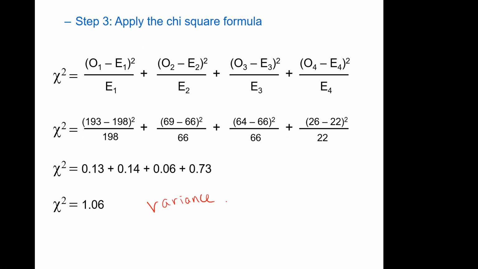How much variance is there between the observed data that you have and the expected data that you calculated? And the question we really want to answer is, what's the likelihood that that much variance would exist? Okay, so it's really an amount of variance, right? It's 1.06 variance, whatever, there's no units, but pretend there's units. It's 1.06 variances. So is that a lot?